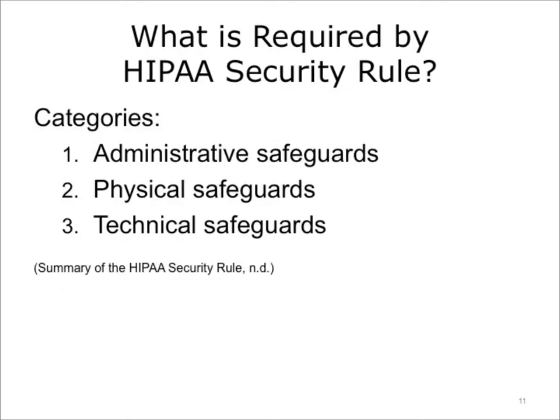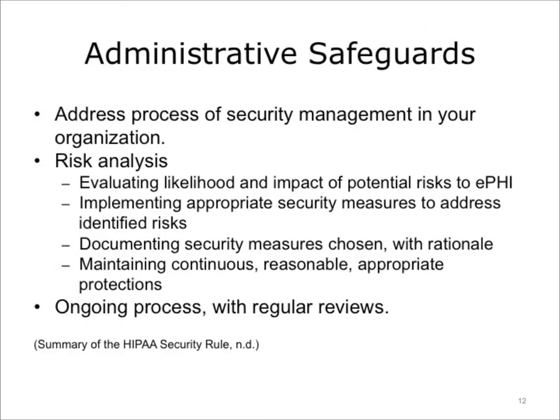The HIPAA security rule requires covered entities to guarantee certain safeguards to protect ePHI data. These safeguards can be broken down into categories: administrative safeguards, physical safeguards, and technical safeguards. Let's take a closer look at each of these categories, their requirements, and some specific options available so you can adequately address them. Administrative safeguards address the process you have put into place in your organization to administer security of